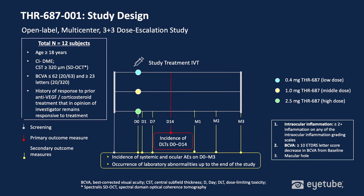The THR-687 phase 1 study was an open-label, multi-center, 3+3 dose escalation study. It enrolled 12 subjects across the US. Patients were 18 years or older. They had central involving DME measured with CST of 320 or higher on Heidelberg. Visual acuity was between 62 and 23 letters, and patients had to show a history of response to prior anti-VEGF